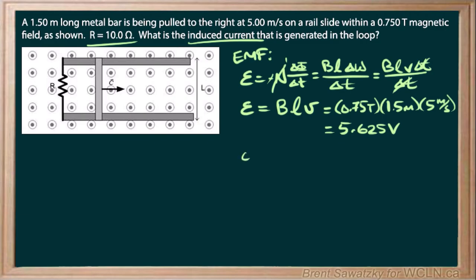So now we should be thinking about Ohm's law and our arrangement looking for current: I equals V over R. And in this case, our V, our induced EMF, is 5.625 volts all over, and our resistance we look up is 10 ohms. And so dividing by 10, nice, just move that decimal place over, and we have